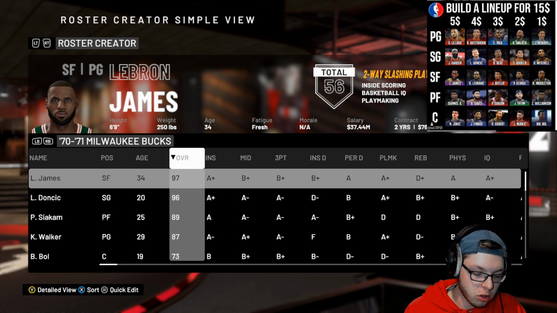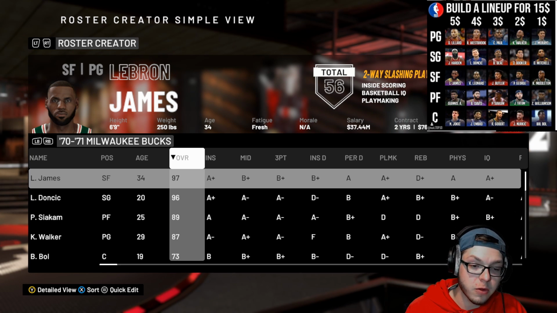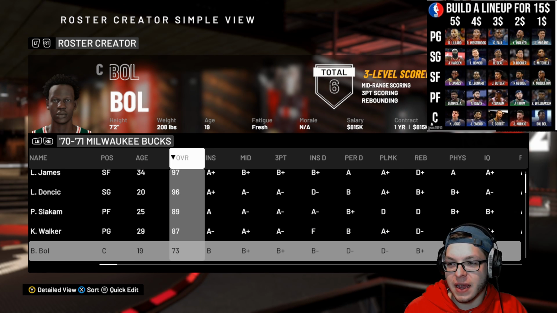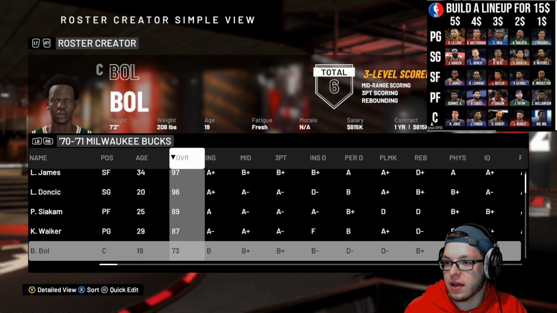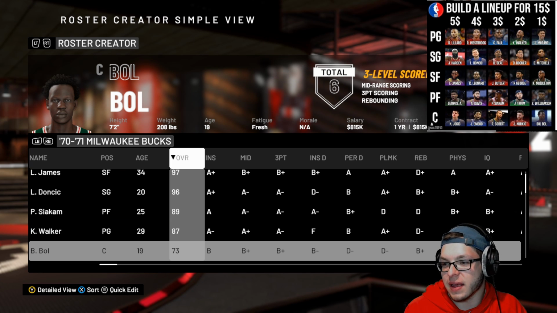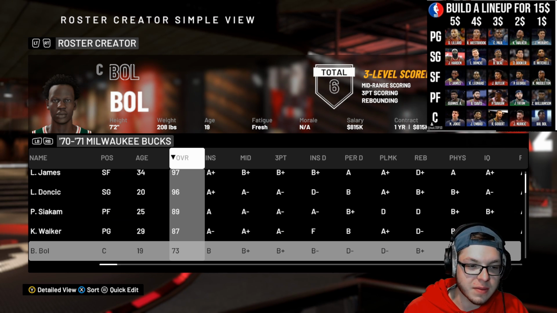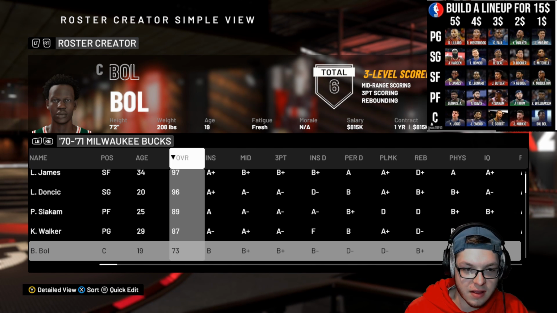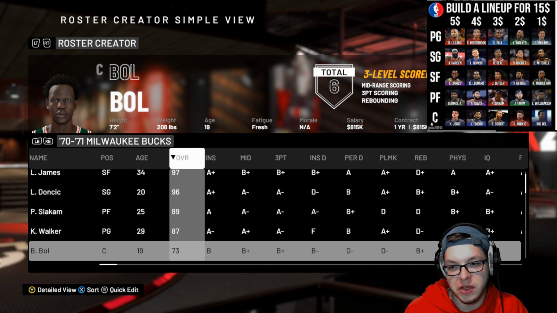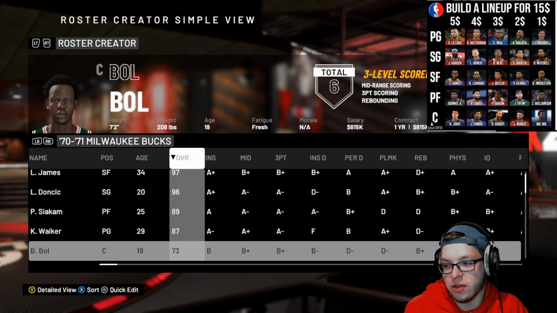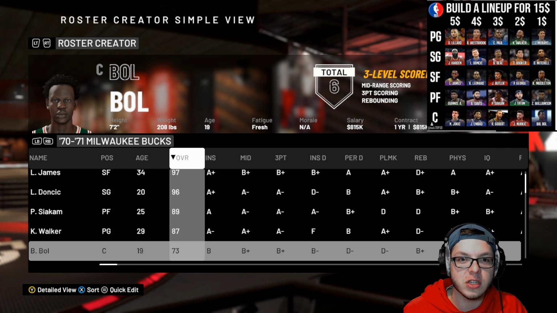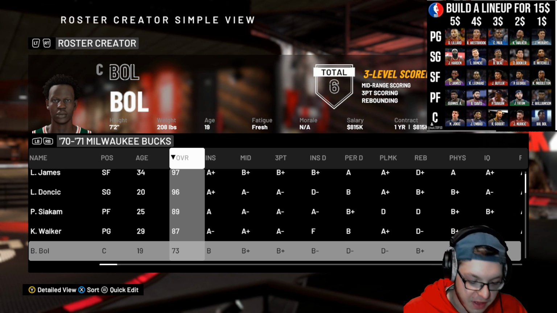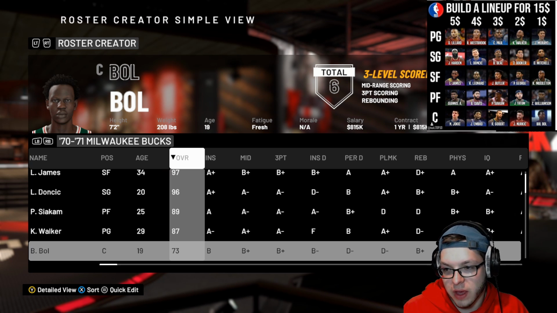We got Kemba, Luka, LeBron, Pascal, and Bol. I'm pretty sure this was made after the bubble. Yeah, it had to. I think it was made like a day ago or something. So this was after the bubble. Bol's attributes, obviously, are not going to represent what he did for those couple of scrimmages where he just went off,